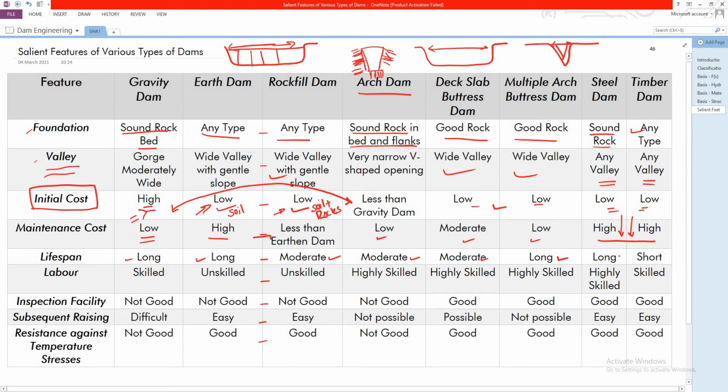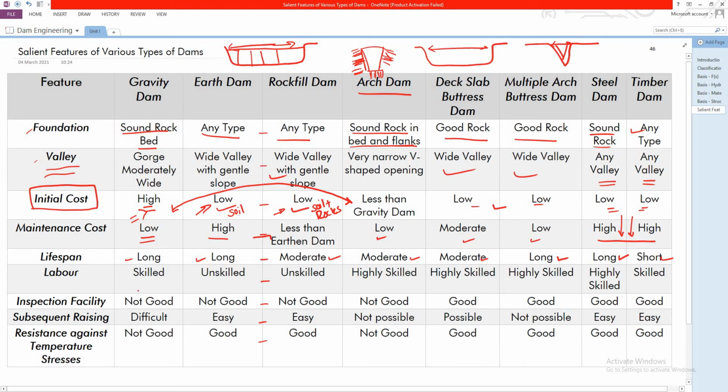See, in case of steel dam, provided that you are having a proper rust proof maintenance over there, the steel dam is going to serve you for a longer time. In case of timber dam, since we are talking about wood being put into use for retaining some water, here we are talking about wood which is a putrescible type of component. Okay, that's why the lifespan served by timber dam is low.